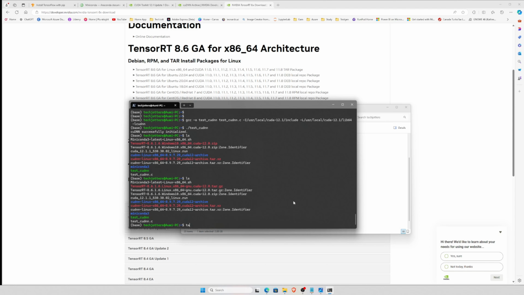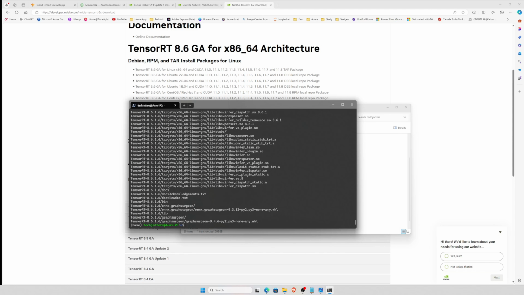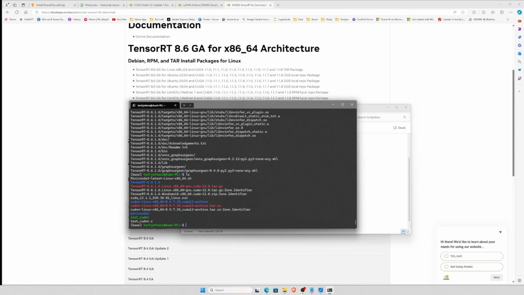So the command will be tar -xvf, and we need TensorRT, this file. We'll extract this. So press enter. Okay, if I press ls, you can see the TensorRT 8.6.1.6 file is generated. So we'll move this. This is in the home directory. So we'll move this to the